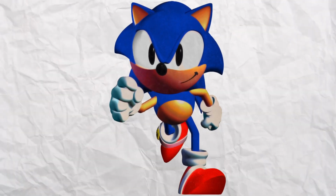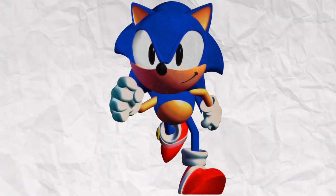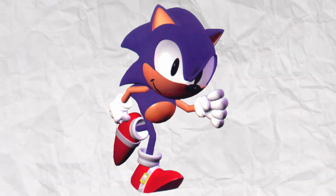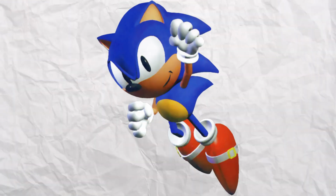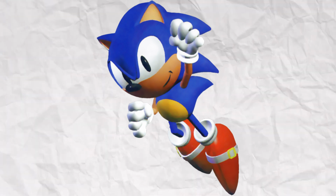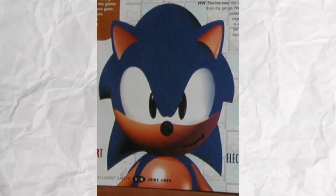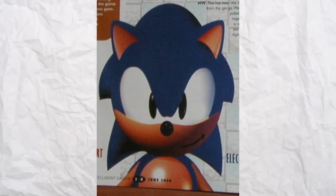For Sega's first interpretation of Sonic in 3D, this is honestly pretty good. His face might be a bit flat, and his muzzle and eyebrows lack a bit of depth. My main point of contention is the way they handle the spines. I can't really describe it, but there's a clear separation between his skull and his quills, giving him that